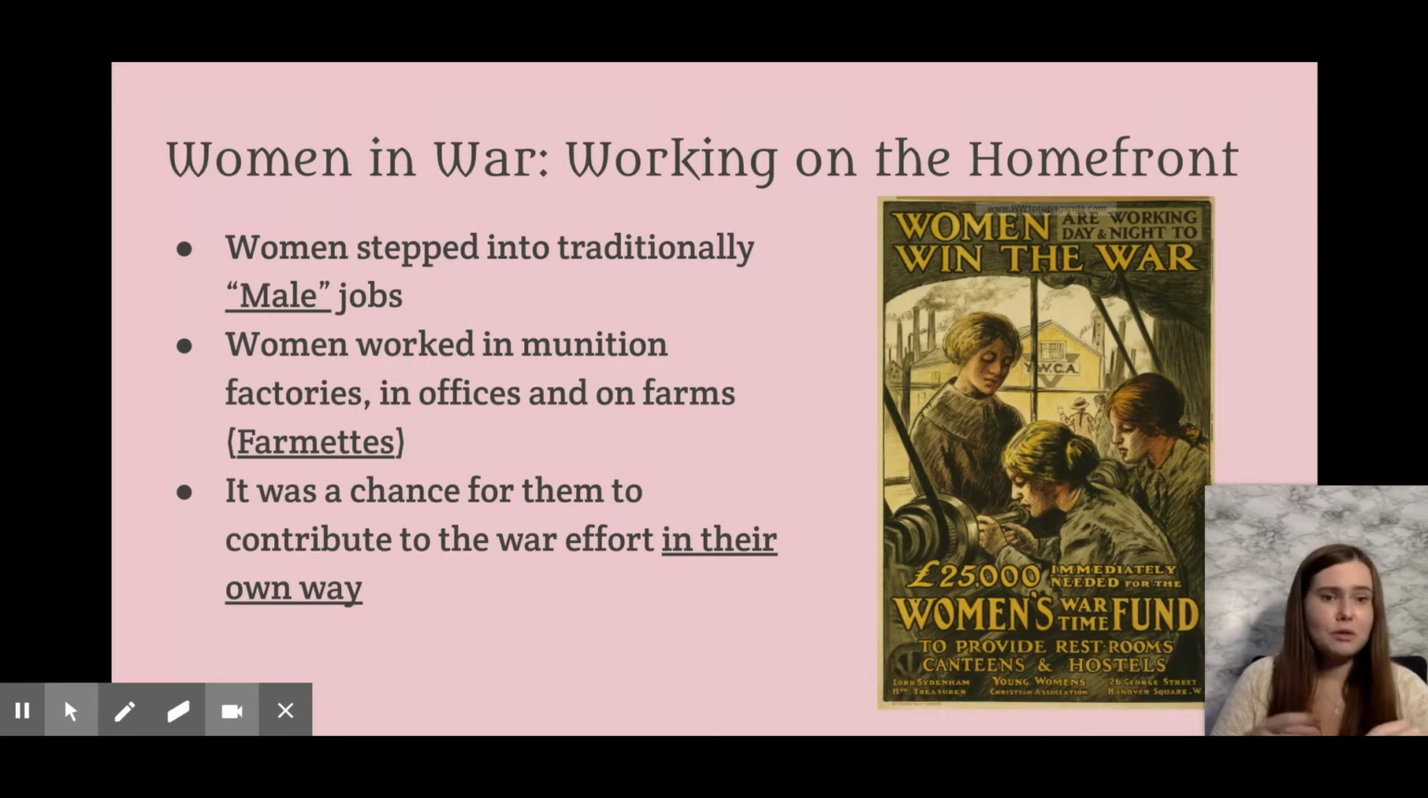Postal workers left, trolley drivers left, streetcar drivers left. All of these people left to go fight in wars, but society still has to go on. So somehow we had to find ways to fill these roles. And the only people that were really left on the home front were women, children, the elderly, and anyone who